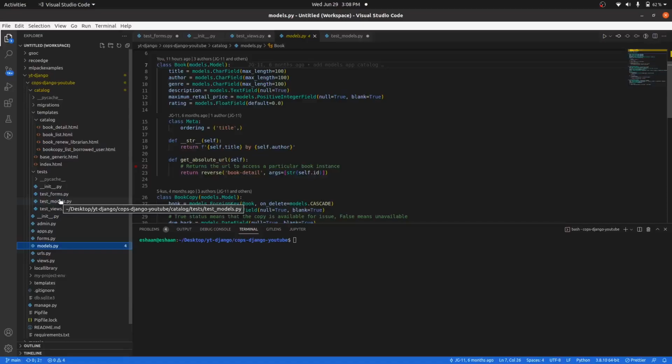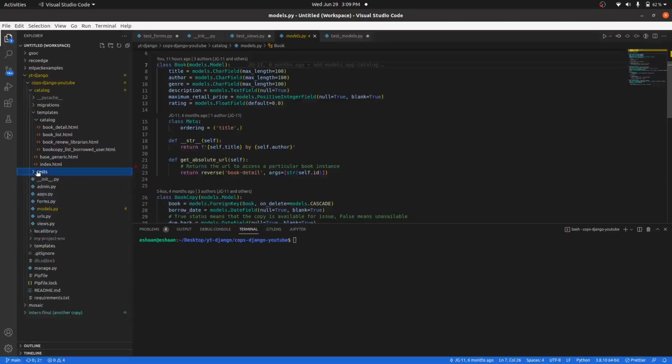This helps us in scaling the test files as the complexity increases. So here, as you can see, I have made separate files for models, views, and forms. And we can also write test files for any other type of code that you will implement. So here I have made a test